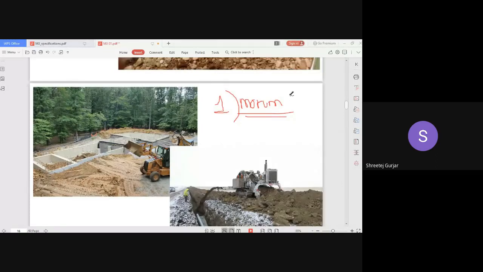So these are natural. Some commercial products like fly ash, they mix fly ash with some highly plastic clay, make a mixture and backfill. That can be used. Or one more new thing that they are now using is called CLSM.